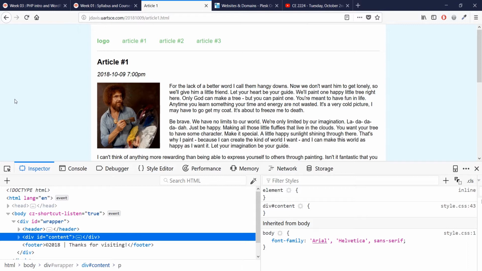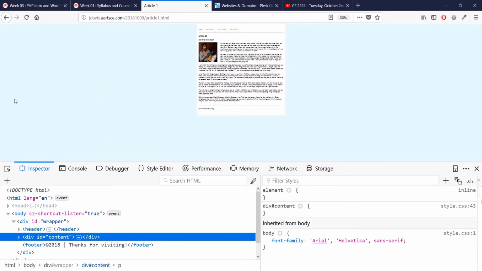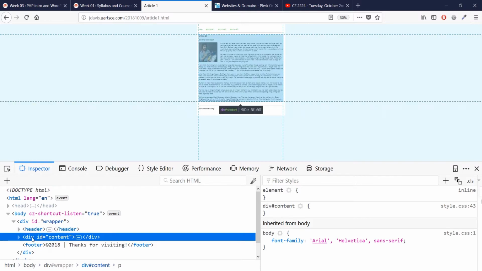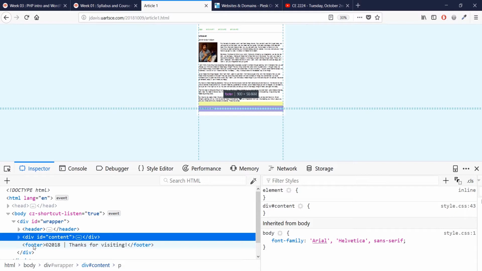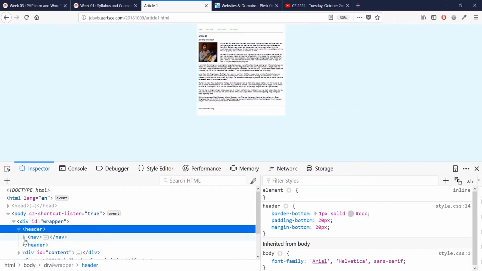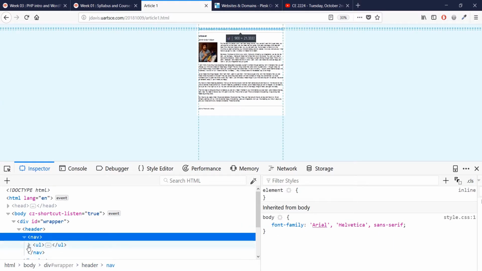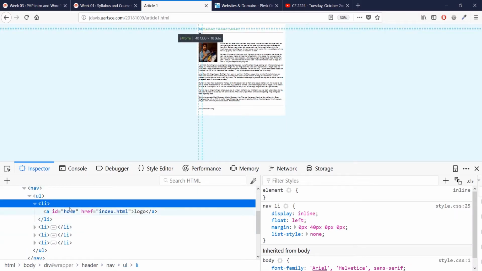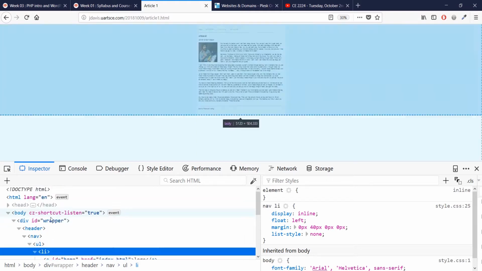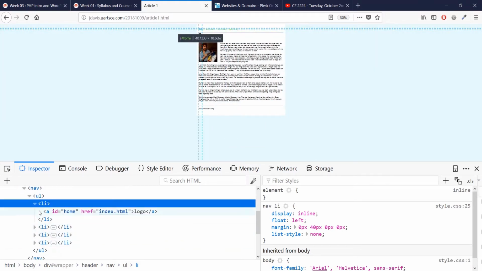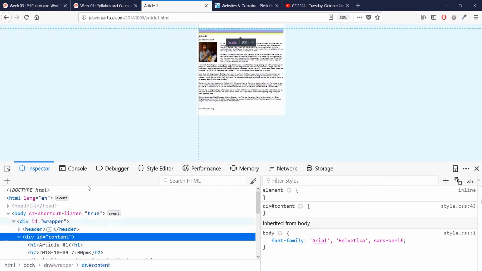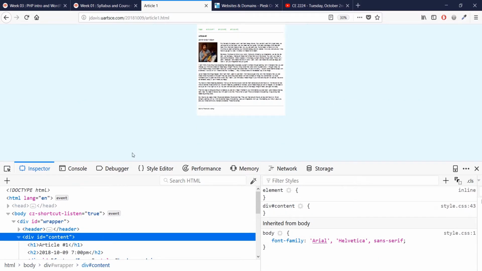We have the head up here. We have a div with the ID content down here, and then we have a footer down here. The header, we have a nav for it with the UL tag and the LI tag, so that's really kind of typical navigation that we do a lot with the UL tag and the LI. And the div with the ID content, inside of here we have